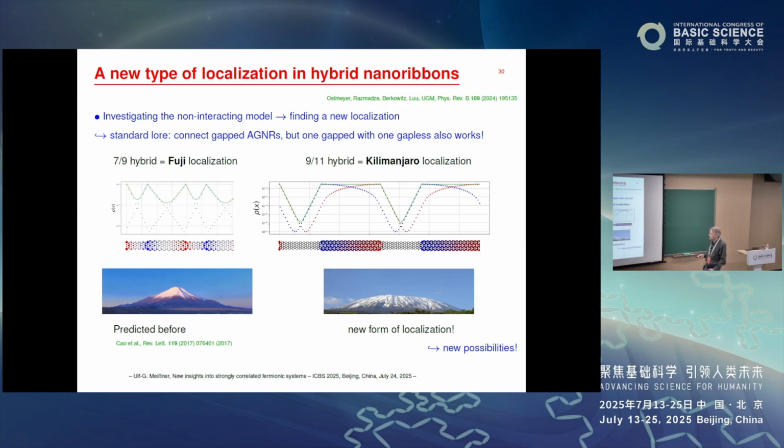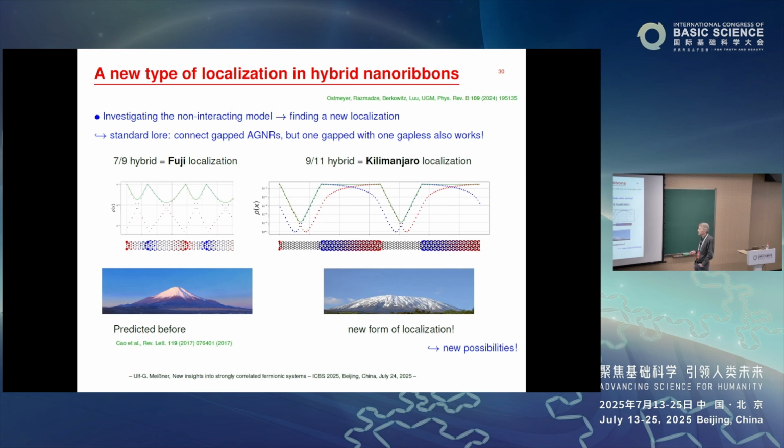Now this we call Fuji localization because it looks like Mount Fuji, and this is of course well known in the literature. But we also found you can connect a gapped with a gapless AGNR, like a 9-11 hybrid, and then you see that you get really localization over a large part of the ribbon. So here you have the gap. Here you have a bit of localization, then you have an area of localization, and then again no localization, an area of localization. And of course, we call it